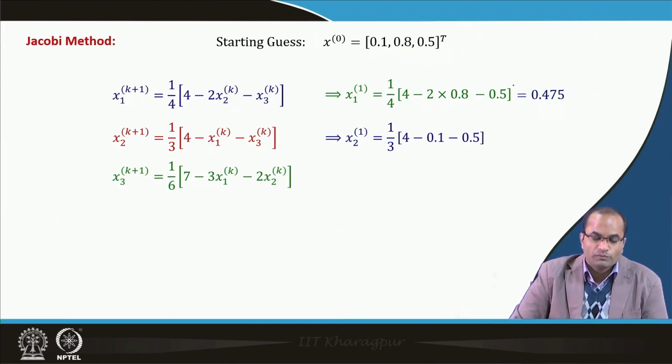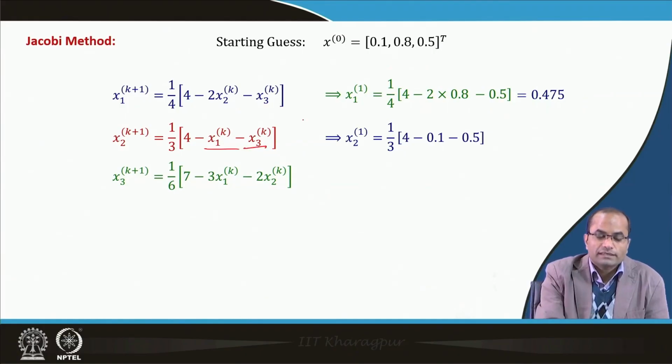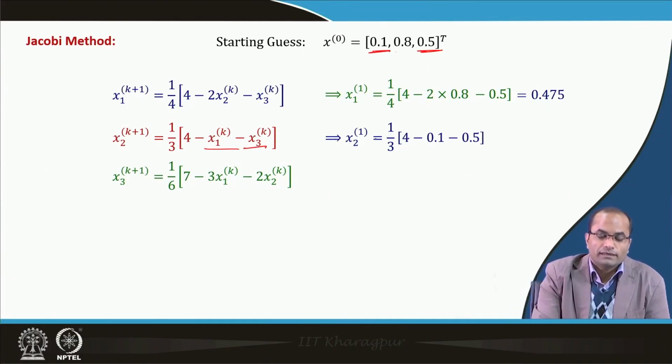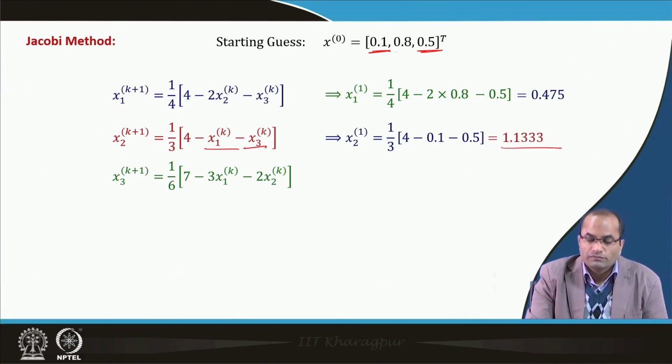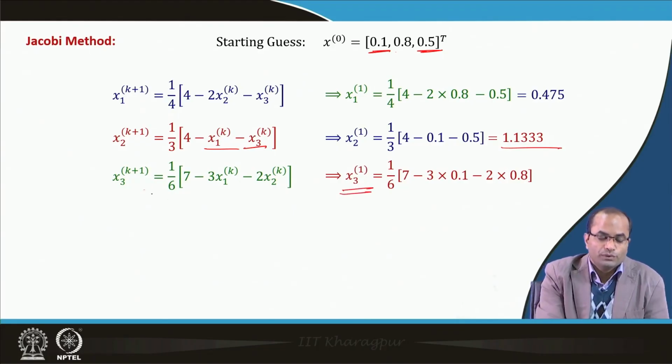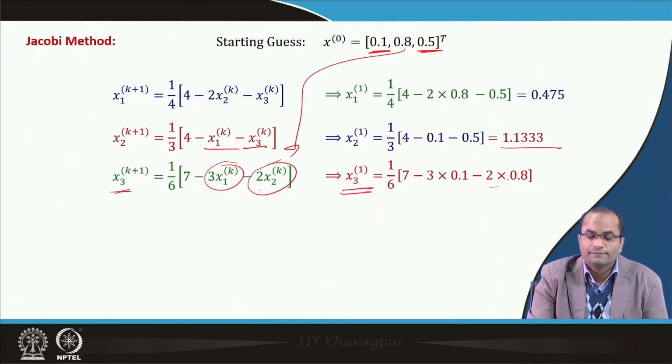So, this is the Jacobi one, we will use again x 1 and x 3 from this initial guess only, that is 1 and this 0.5. So, this value is 1.133, and then to compute this x 3 also we will use the values from the initial guess itself. So, x 1 was 0.1 and then x 2 was 0.5 there, 0.8 there, and